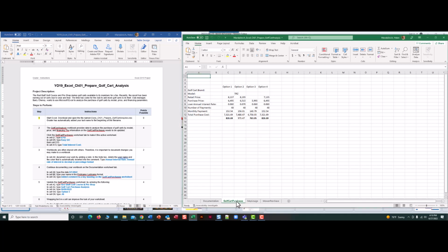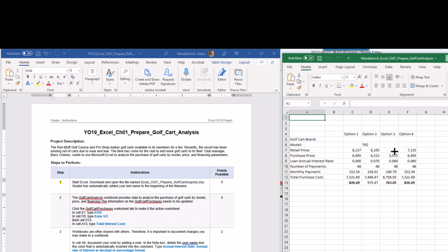So we want to make sure you're on the golf cart purchases, and we're just going to select E7. And all we're going to do is type in a value in E7. So we're entering 6742. Notice that I'm in enter mode. I'm going to hit enter. And then D5, I'm going to type easy go, and then